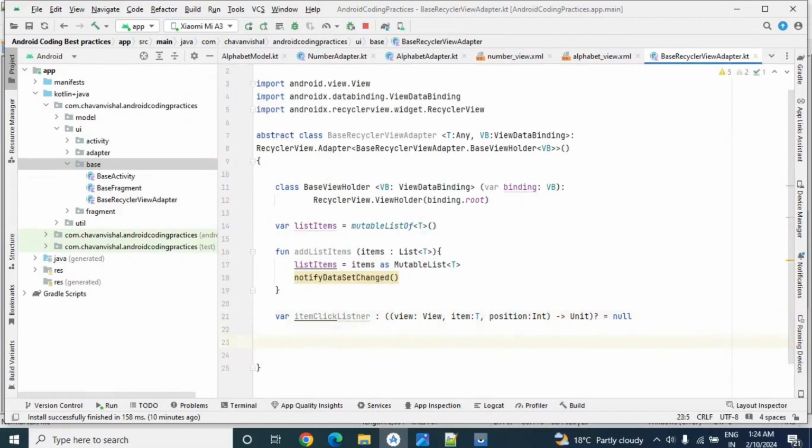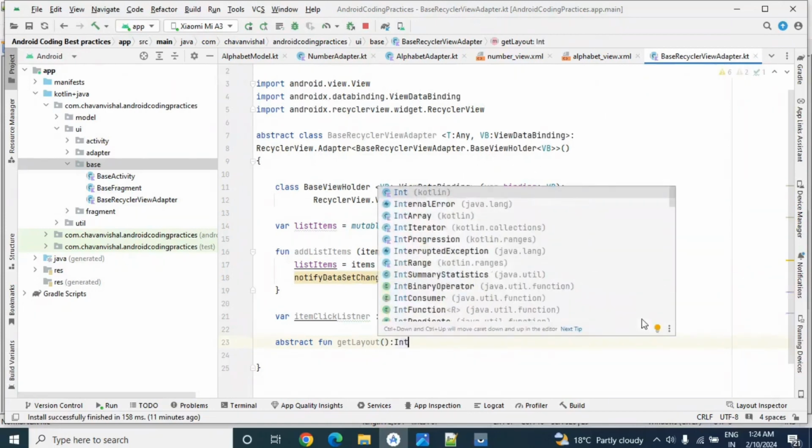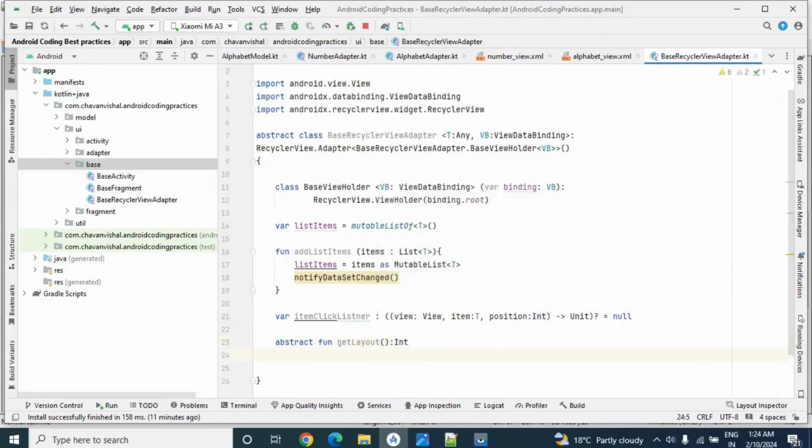Now here we need an XML file. But that XML file we will pass from our actual recycler view adapter, which extends this base recycler view adapter. So for that purpose we will create one abstract method here. Let's create this abstract method get layout, and here I will pass int. So this method we will override in our actual recycler view adapter.